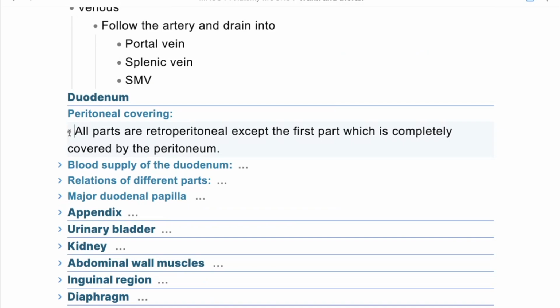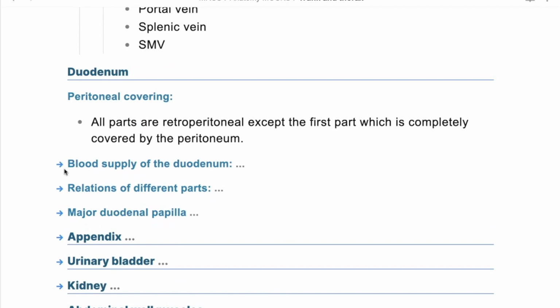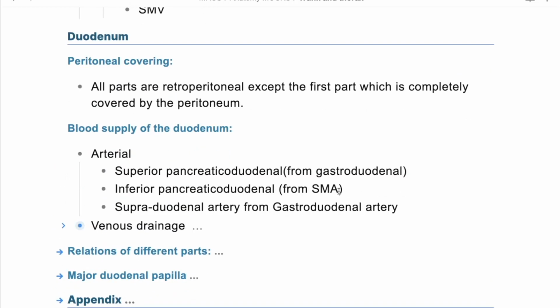Gastroduodenal artery and, yeah, I can't remember the other one. So you have a gastroduodenal artery and a supraduodenal artery. And where do they arise from? The gastroduodenal artery arises from the common hepatic artery, which is a branch of the celiac trunk, while the supraduodenal artery also arises from